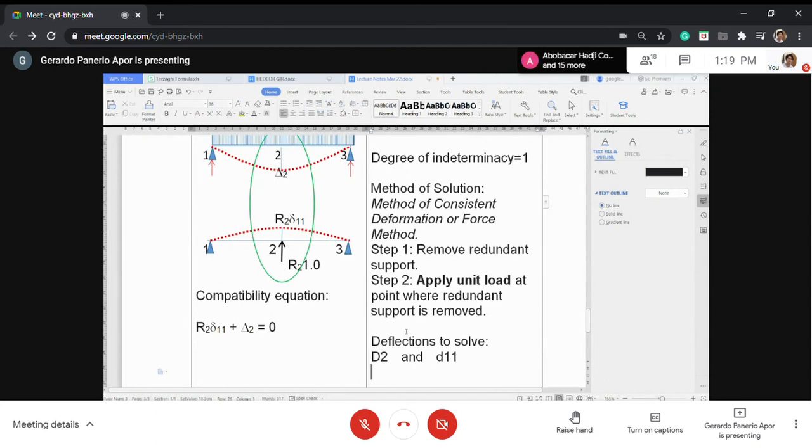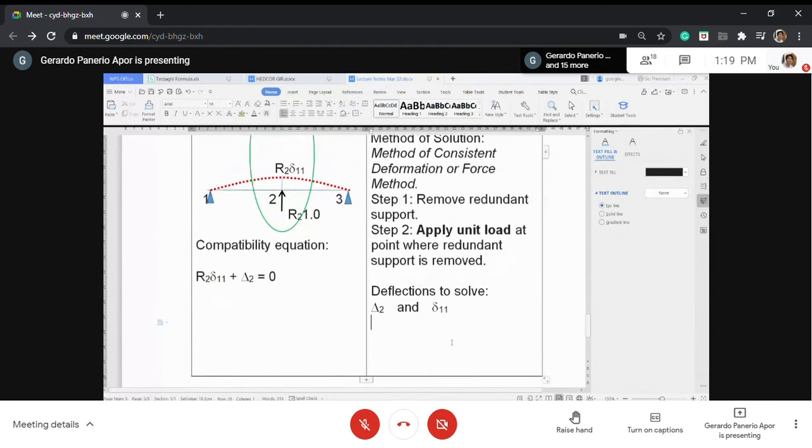So these are what we will solve. This one is a subscript. This one is a Greek letter symbol. So I'll just use different Greek symbols: big letter delta and small letter delta. And the other one uses the subscript. So, using delta 2,